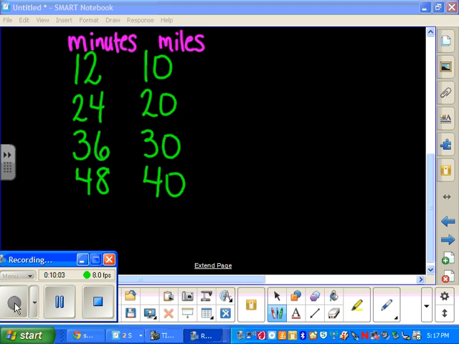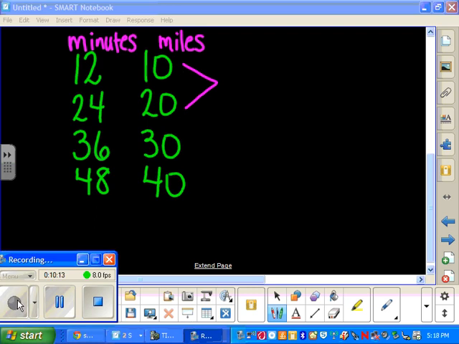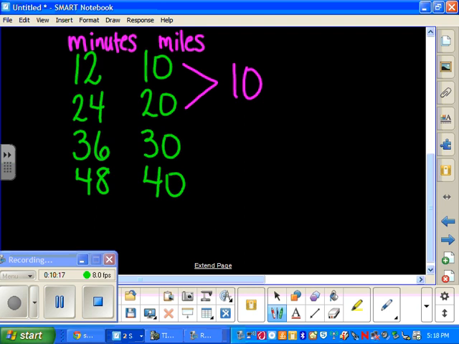We want to find a rate of change. What is my change from 10 to 20? What is my change? Okay. So this is 10. We are going up 10. And my change from here is from 12 to 24 is going to be a change of 12. So my rate of change is 10